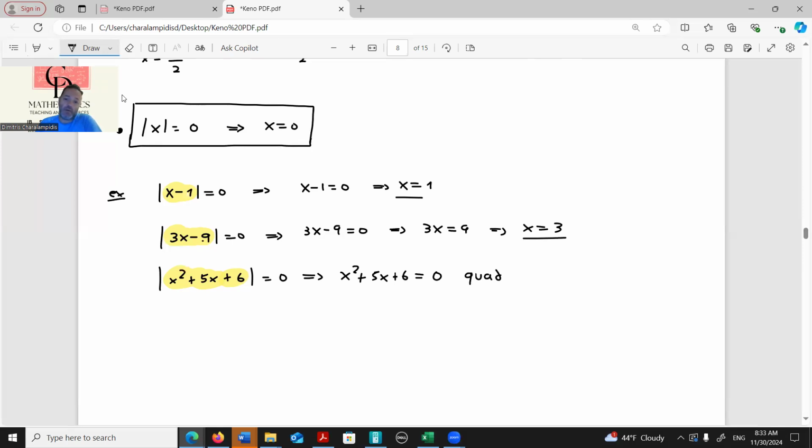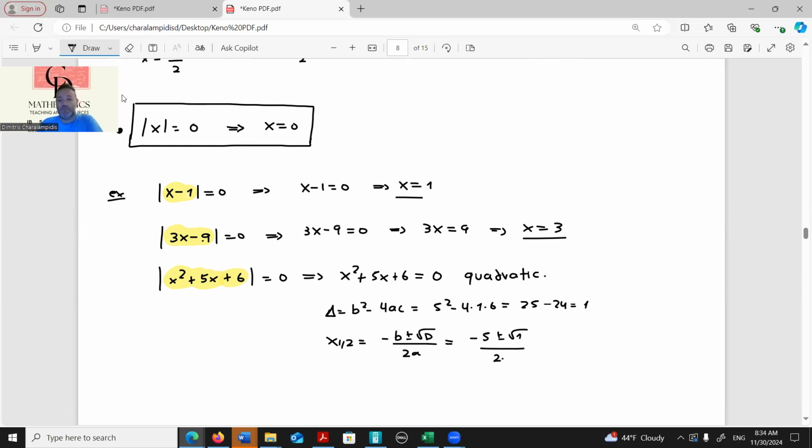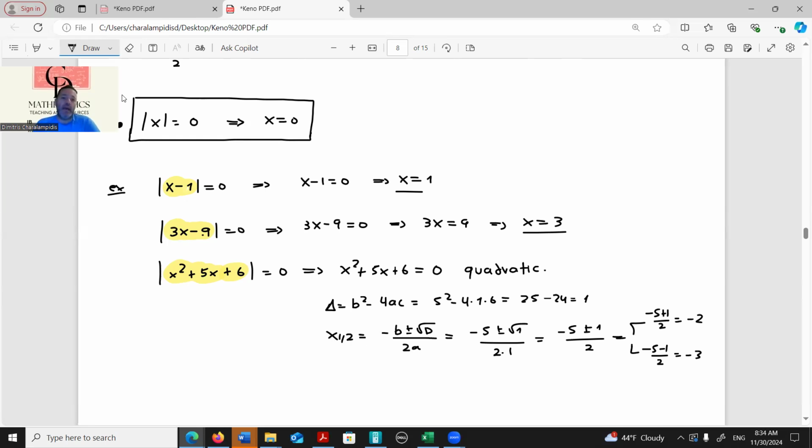We should be able to recognize that as a quadratic, and we know that this can be solved by the discriminant formula. 5 squared minus 4 times 1 times 6, 25 minus 24 equals 1. x1,2 is minus b plus minus root of the discriminant over 2a, minus 5 plus minus root of 1 over 2 times 1, minus 5 plus minus 1 over 2. Eventually, minus 5 plus 1 over 2 should be negative 2. Minus 5 minus 1 over 2 should be negative 3. And finally,